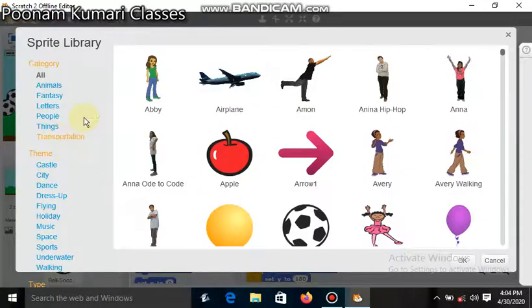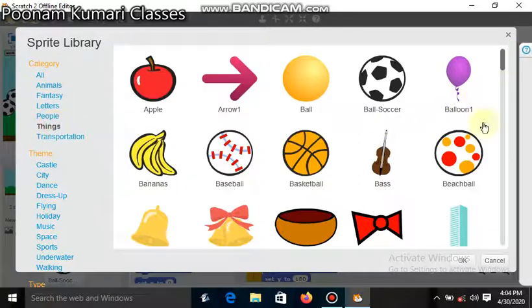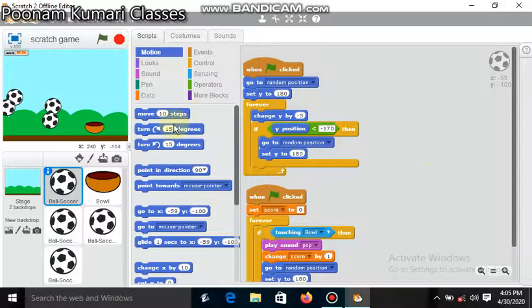When these things come, you can click on them. See, this is the soccer ball and this is the bowl to collect. You can choose anything. You can also choose an apple, anything which you want you can choose. I have already done it, so I will not choose anything.